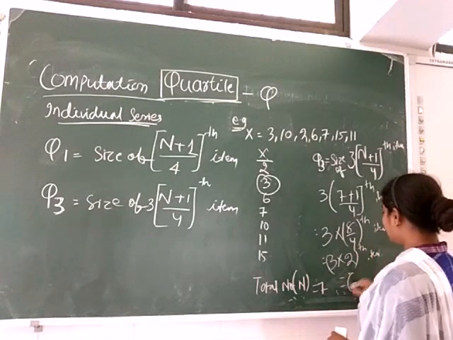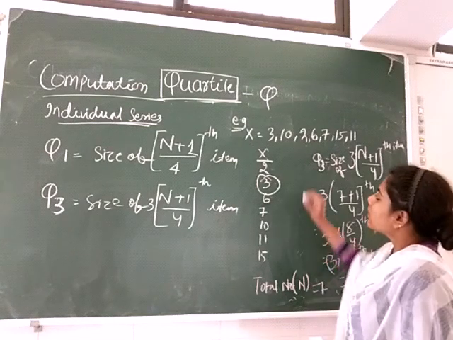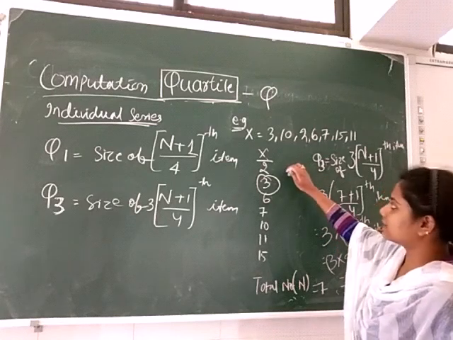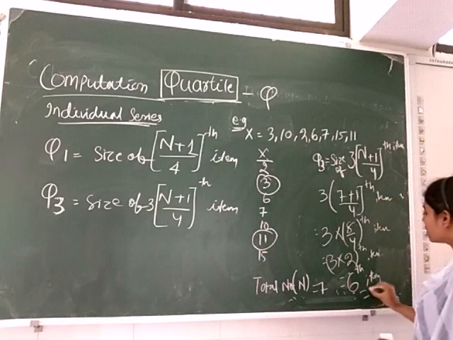So the position is 6th item, and we compute the 6th position of the series. The answer will be 1, 2, 3, 4, 5, 6. The answer of the third quartile